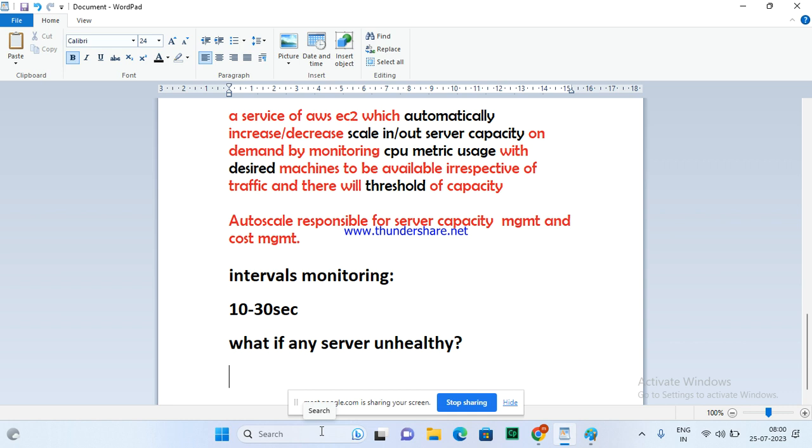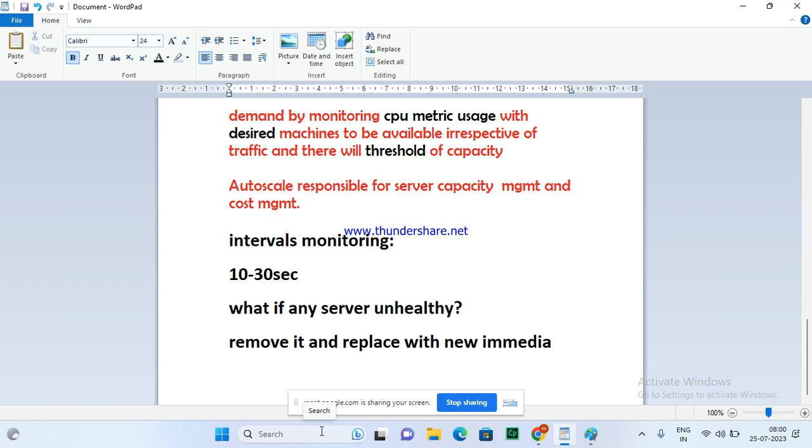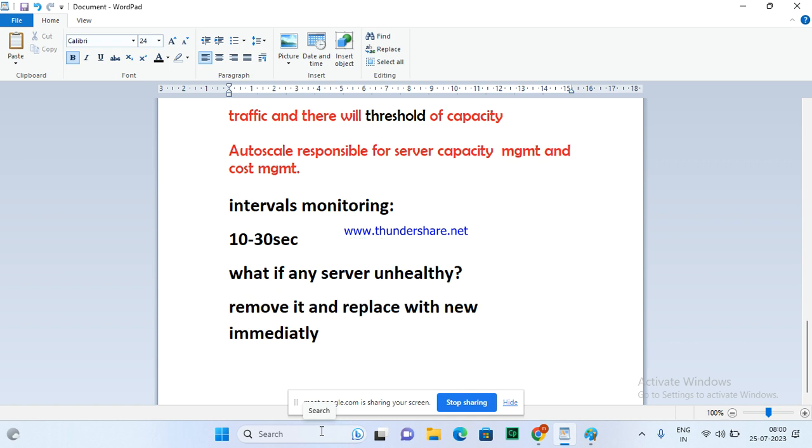If any server unhealthy, what action is auto scaling going to take? It's going to remove it and replace it with a new one immediately. Because if again the request is submitted to that particular unhealthy machine, definitely the user will get what?